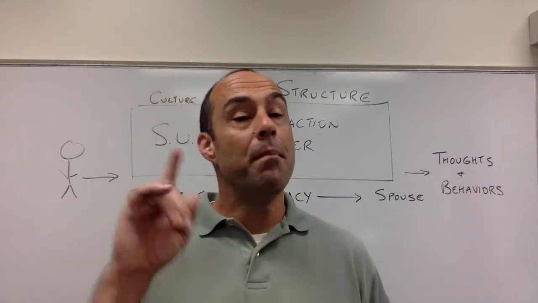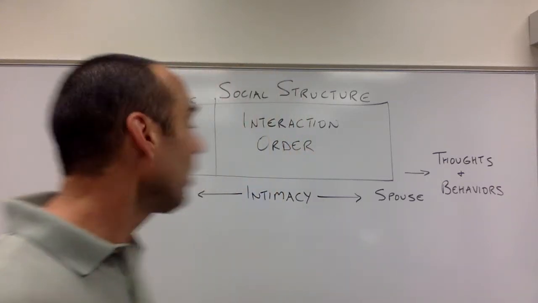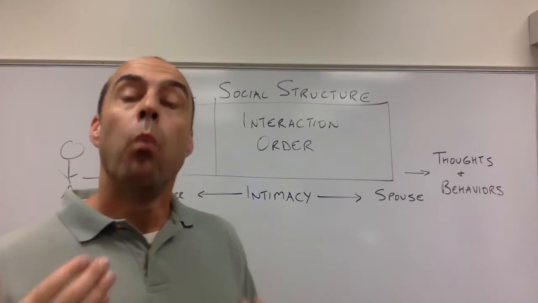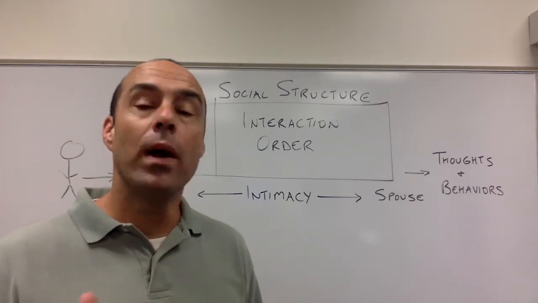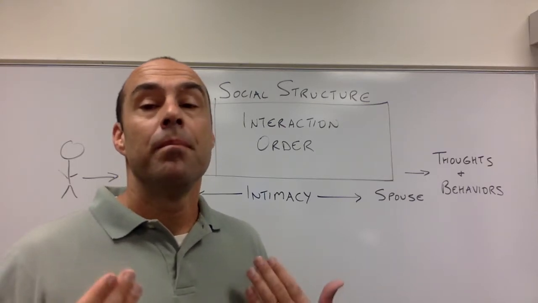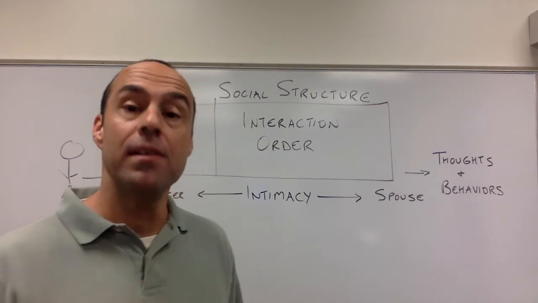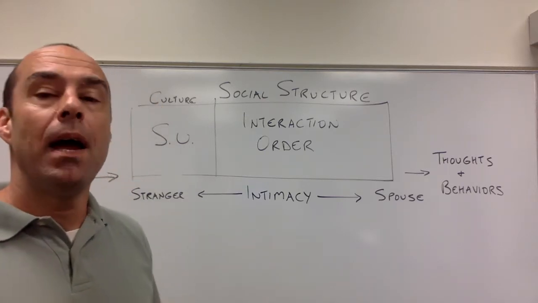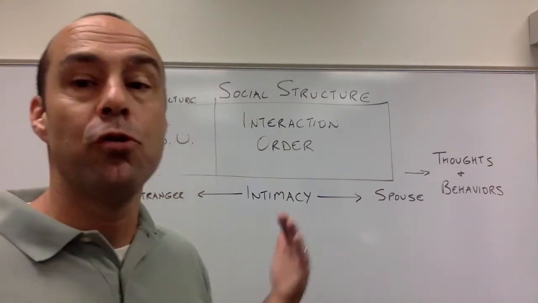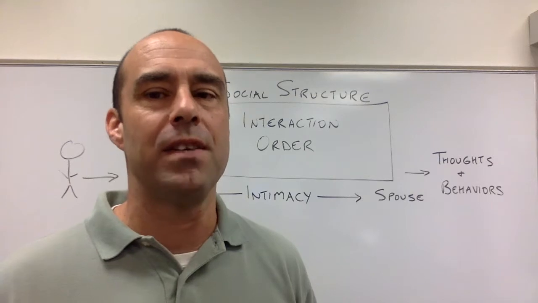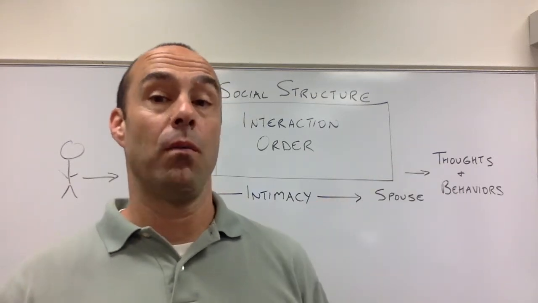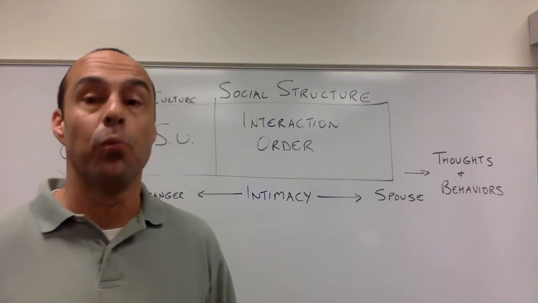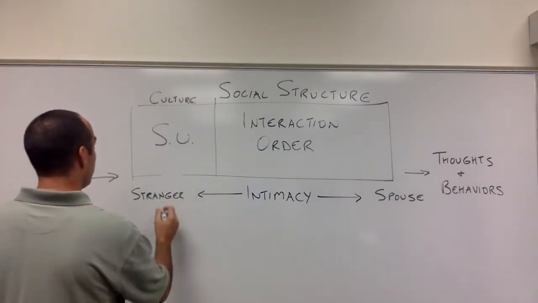Okay, and so the main point here is that depending on, take any particular situation, so let's stick right now with walking across campus, you're going to conform one way or the other because you're in the social structure. You're influenced to conform, but what you conform to depends on how intimate you are with the people that are in that situation with you. And so there's obviously a huge gray area in the middle, and I'm going to weasel out of dealing with that and give you sort of the ideal type. So at one end and at the other end. At the intimacy end, what we are talking about, what you conform to, the reason the social structure works is you conform to